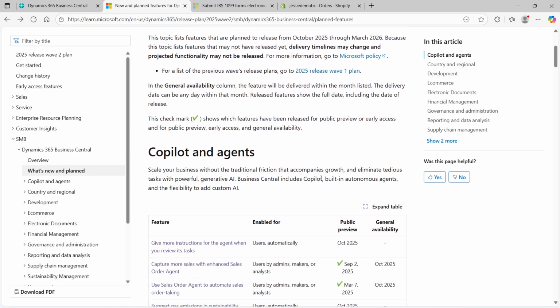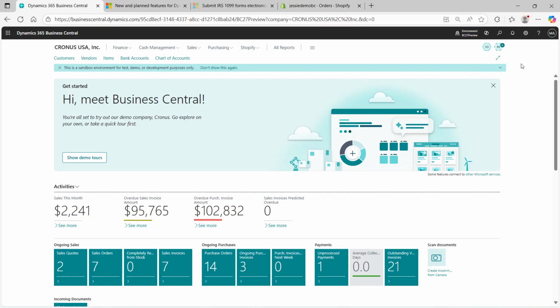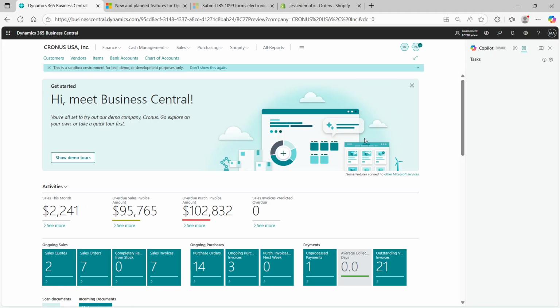Okay, so for the Copilot and agents capabilities, the sales order agent and the purchase payables agent were released in release wave 1, but they're enhanced in this release wave 2. For the sales order agent,